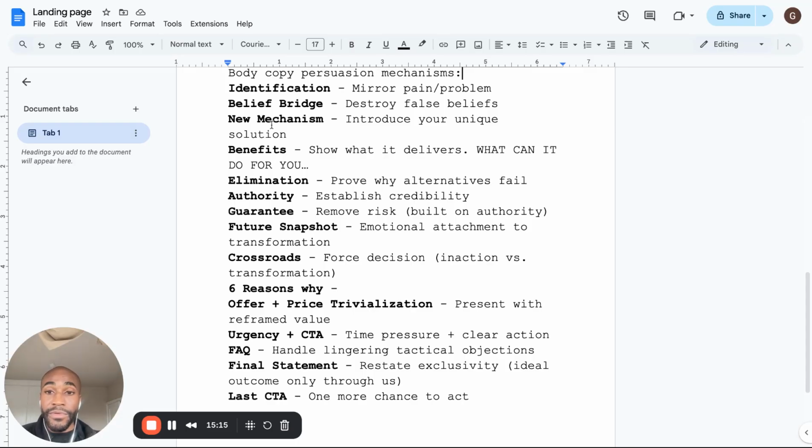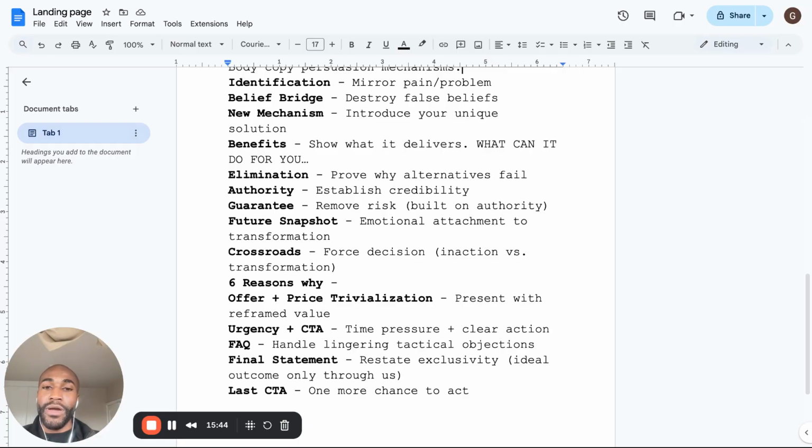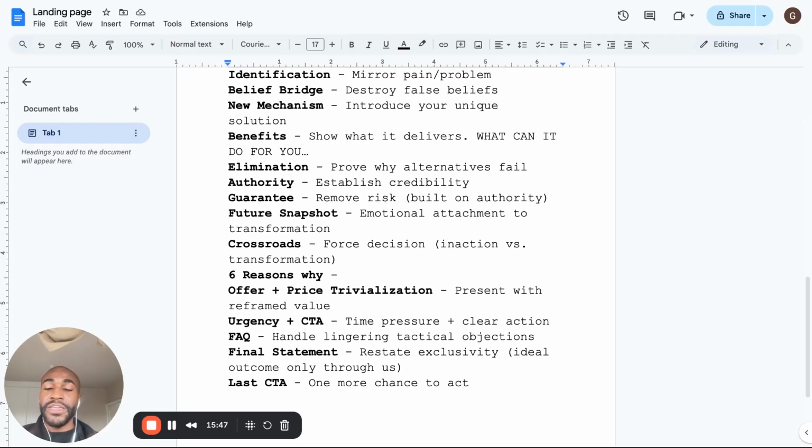And then you have to bring in a new mechanism. And what I mean by that is to introduce your unique solution of doing things. Remember, as I said, the market is sophisticated. People have seen every claim, every offer out there, and they're now immune to it. So you have to divorce yourself from everyone else and show the buyer, the prospect, that you have a new mechanism, a new, unique way of doing things. That's the old way. This is the new way of doing things, and you can only get your desired results